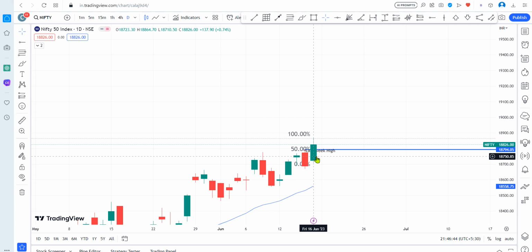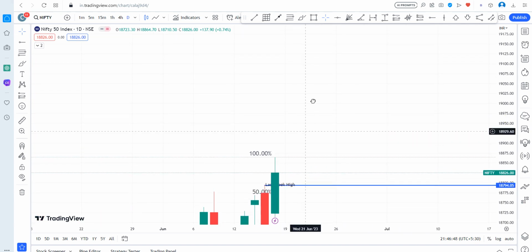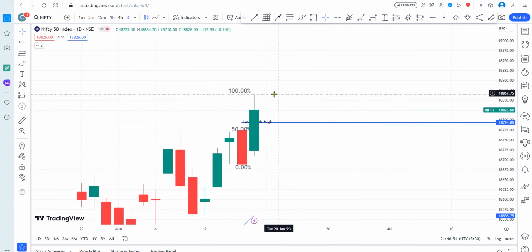Here we gave a close yesterday, Thursday. What happened is we tried to break last week's range, but the second half was faded by sellers. Now today we have a gap up opening, and we moved towards